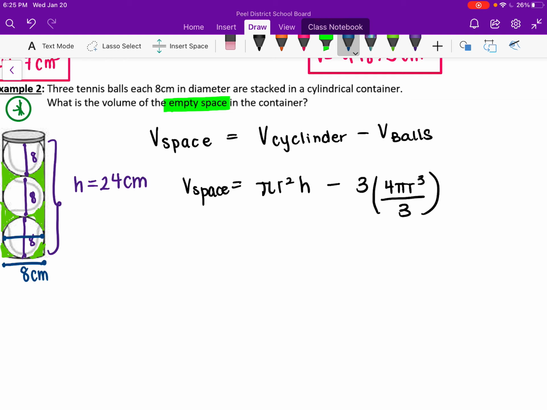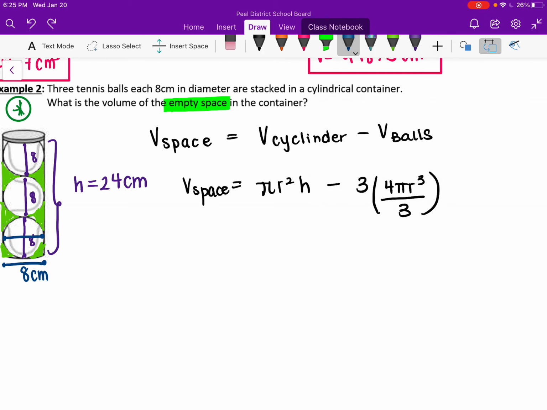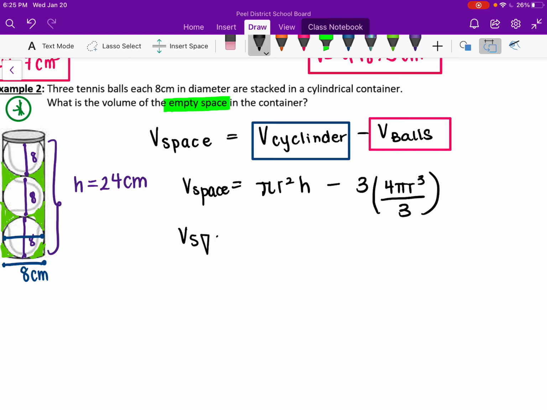So let's find the volume of the space, right? I'm going to put the volume of the cylinder in this blue marker, and then the volume of the balls I'll put in this marker. Okay, so the volume of the space is equal to